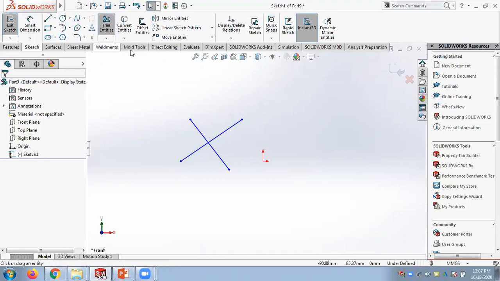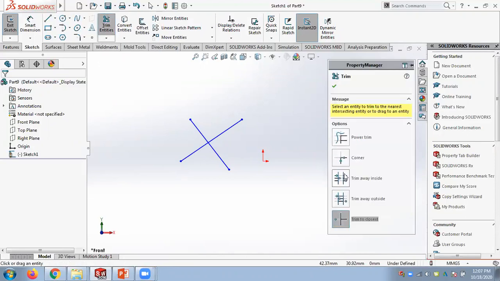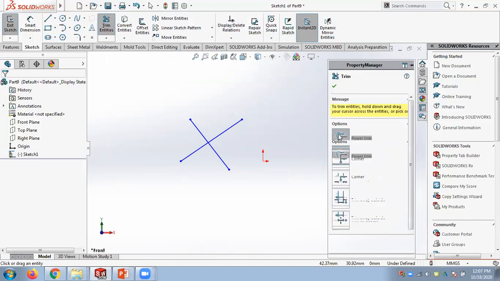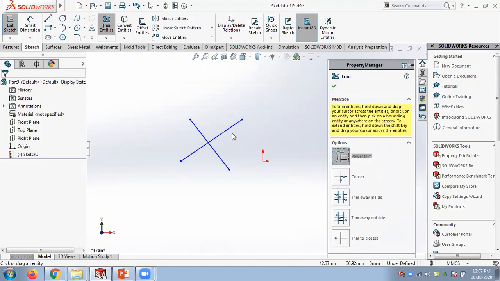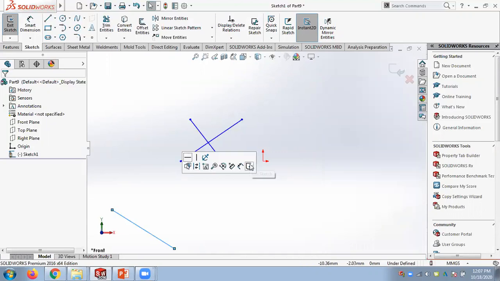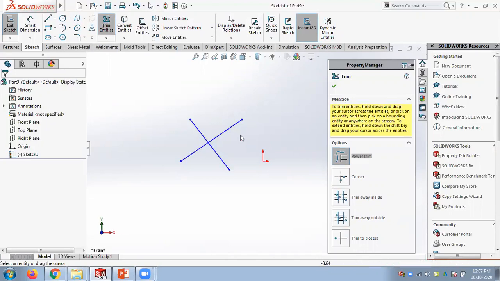And we have power trim. Power trim is a combination of all these. You hover, click and go above the unnecessary parts. So I'm clicking and going above the unnecessary parts. I will do it again. With power trim, just go above the part you want to remove. We can remove all the things because power trim is a combination of all these 4. It's working like this one also.